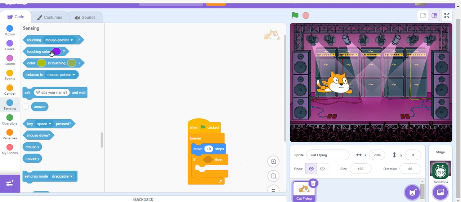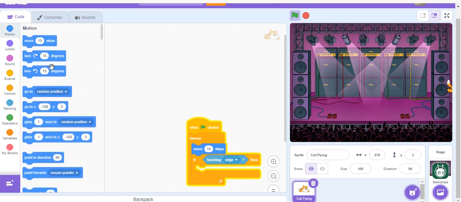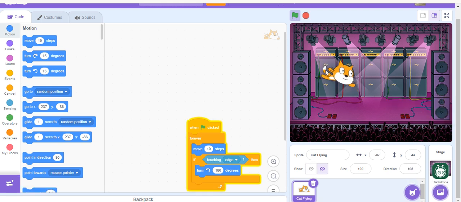If touching edge, you need to get one of these, put it in here, and if touching edge, we're gonna make it turn 180 this way, turn 180 degrees. It should look something like this. See, it should turn,